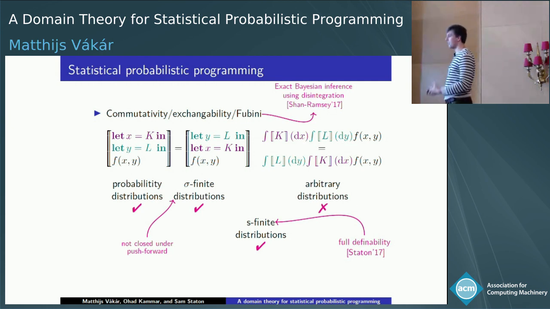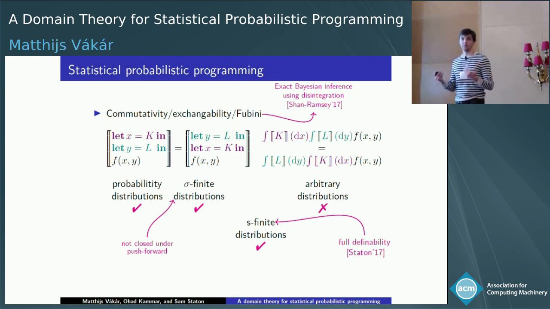And the reason they assume that, I can explain to you very easily. Once you think about the semantics of a let construct in one of these languages, it becomes obvious that it's a sort of integral. So then commutativity, or reordering lines of code, amounts to the Fubini theorem for reordering integrals. At least that's what happens if we're in a first-order language just working with probability distributions.